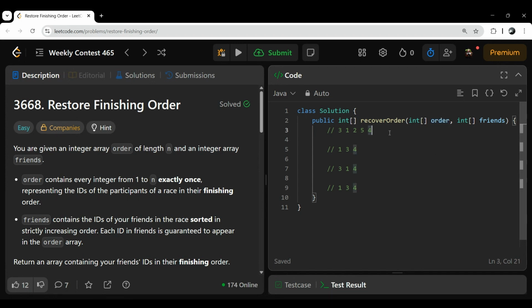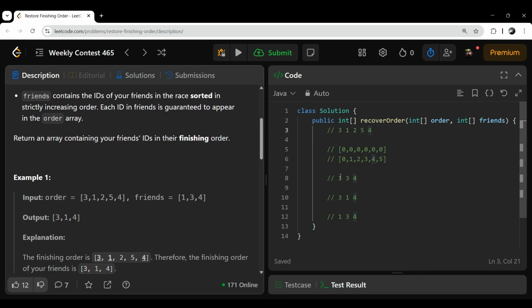Okay, so if I consider an array, let's say 0 0 0 0 0 and 0. What will be the index? It will be 0 1 2 3 4 5. Now for this, n is equal to 5. So if I traverse this friends array 1 3 4, what I'll do for 1 at index 1,